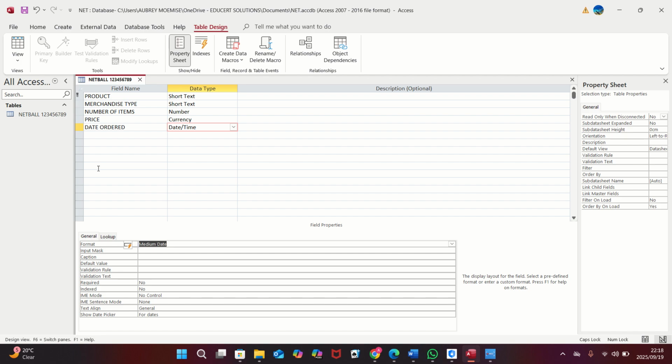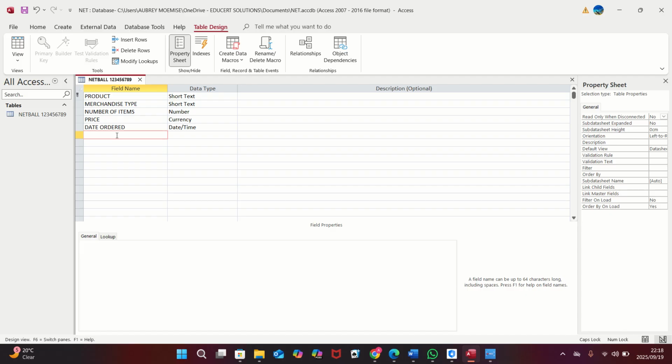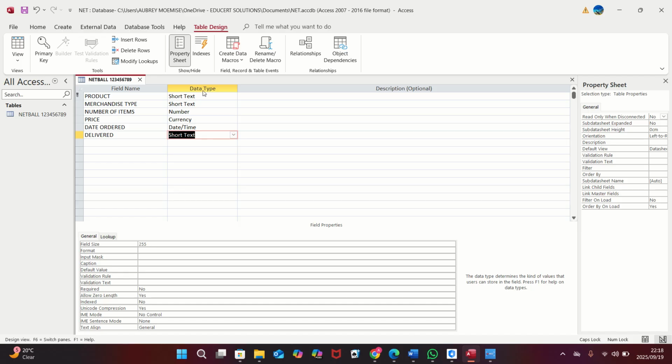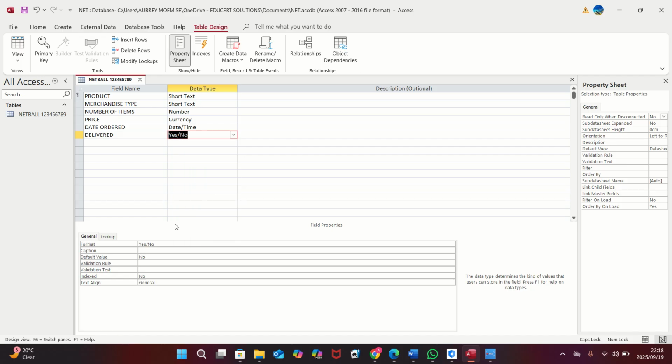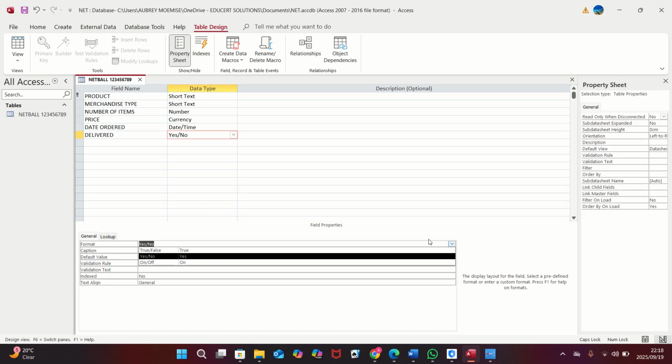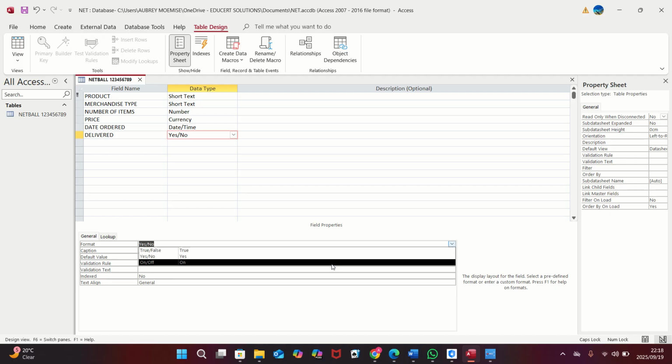Then another field, which is our last field, we are given what? Delivered. So our data type will be what? Yes or no. So on the arrow I select yes and no. And beneath on the format we are told to use what? Yes or no. At times you might be told to use on and off or true or false. You will find it on the far arrow, but for now we are given to use yes or no. Then after they say do not set a primary key, so I will select on number 1, which has a key, and go to